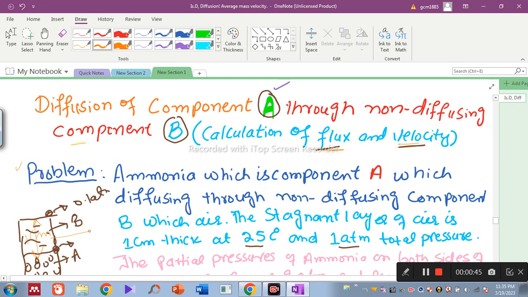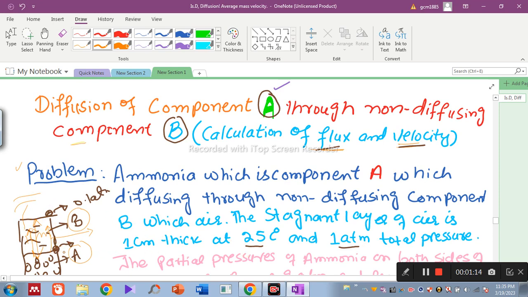This is the air, component B, while this is ammonia, which is component A, and it is diffusing through this non-diffusing component air. The 1 centimeter thick layer is present at 25 degrees centigrade and 1 atmospheric total pressure. So the total pressure here is 1 atmosphere, in this place 1 atmospheric pressure, and the temperature is 25 degrees centigrade. The partial pressure of ammonia on both sides